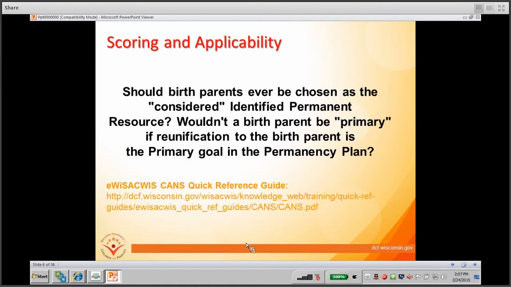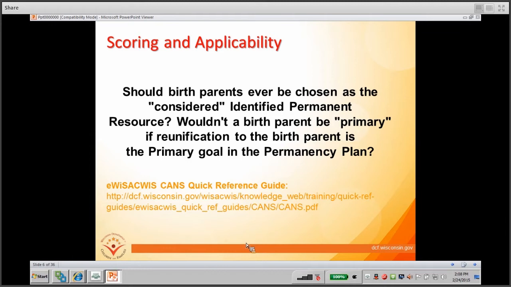Another question we get relates to whether or not birth parents are ever chosen as the considered identified permanent resource. Wouldn't a birth parent be a primary if reunification to the birth parent is the primary goal of the permanency plan? So there's some guidance in the EWIS-ACWIS Quick Reference Guide on choosing who you choose, but in essence, the parent could be.